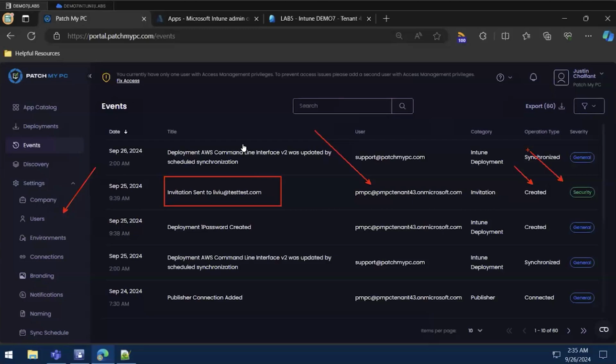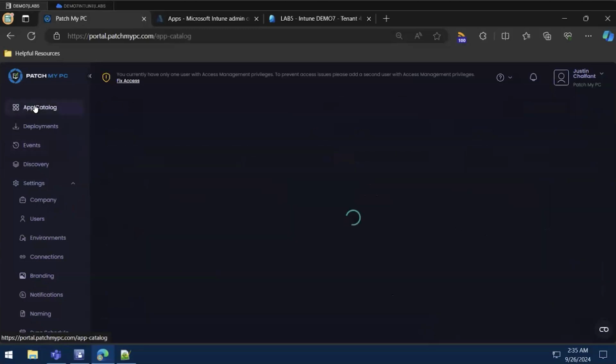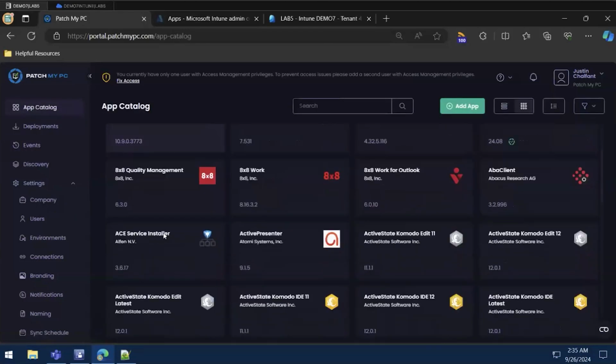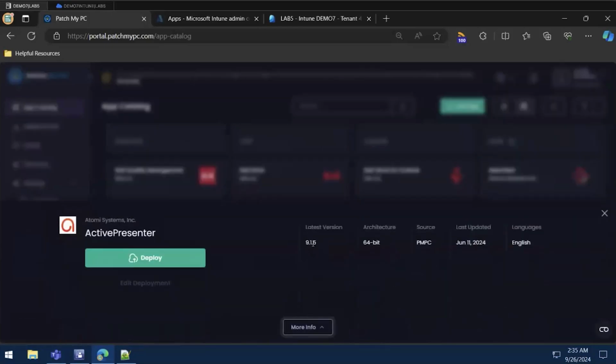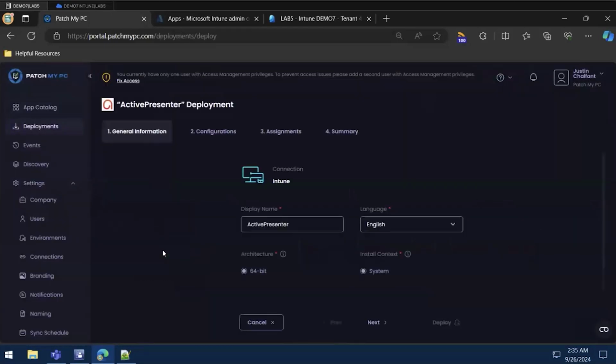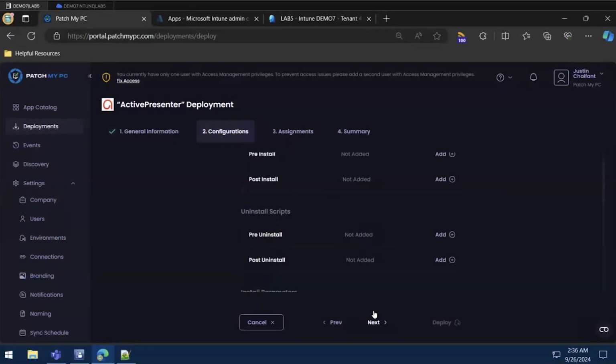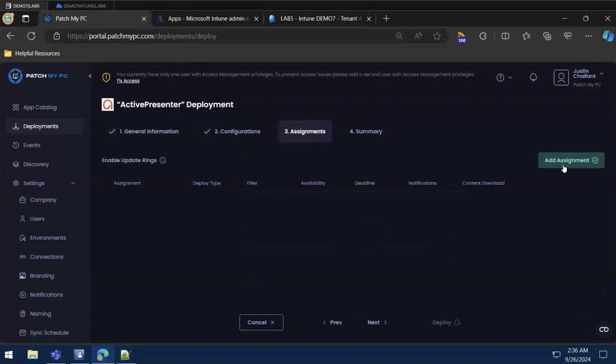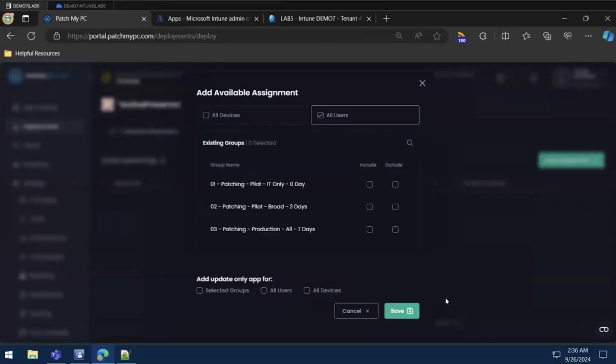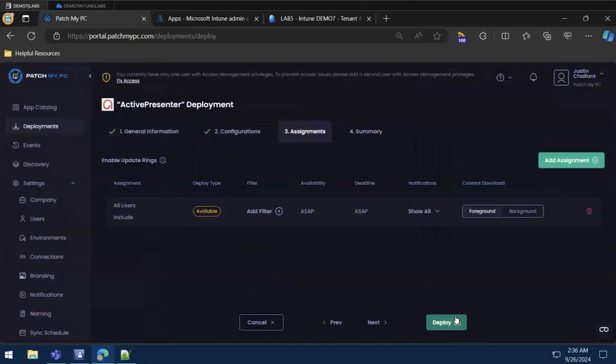Whenever you deploy an actual application, I can go to the app catalog and quickly deploy an application. I don't know, let me just choose a random one. You can just click the deploy button. You can choose the installer type. For some applications, we'll give you the choice if there are multiple installers to choose from between EXE and MSI. You can do some customization. Again, that's not the purpose of today's demo. I'm just going to add an assignment as an example, available to all users, and I'm just going to click